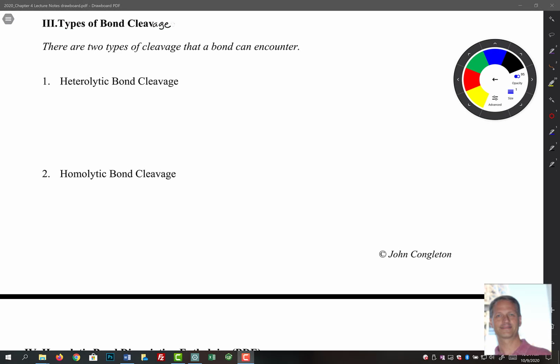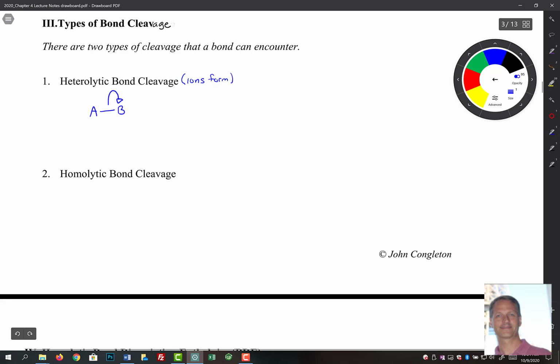There are two main ways that we see bonds being broken. The first is called a heterolytic bond cleavage. In heterolytic bond cleavage, we see a bond between two atoms like A and B. Of course, that line means there are two electrons there. What happens here is we take that set of electrons and they live on either A or B. So basically, in this, we're going to have ions